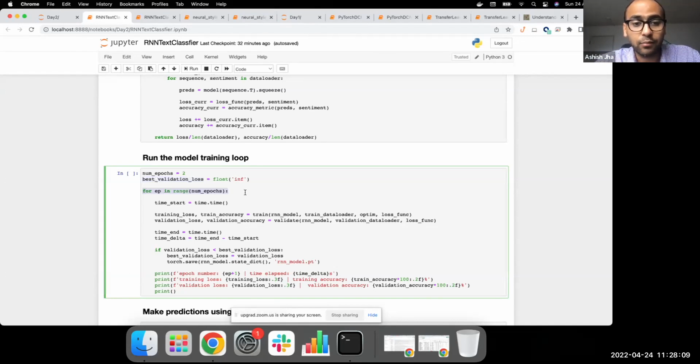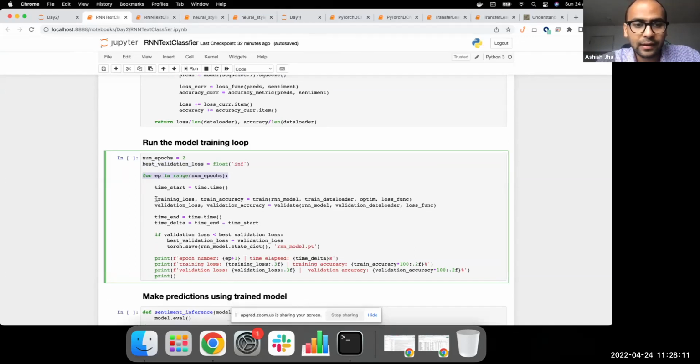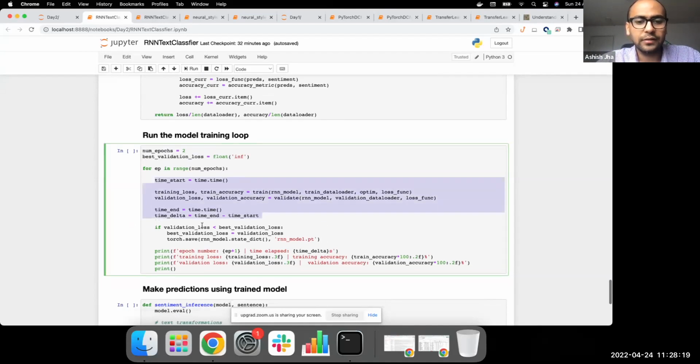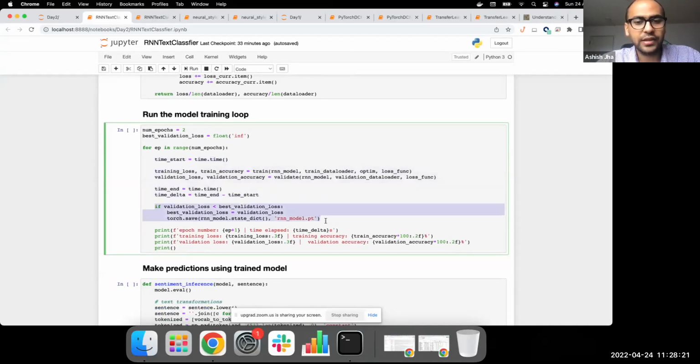In this training loop, we run the train and validation routines in every epoch. We record the time spent in these routines, and at every epoch, we check: have we seen the best validation loss so far? If yes, let's save the most recent model. Otherwise, let's go to the next epoch. So that's all we are doing here.